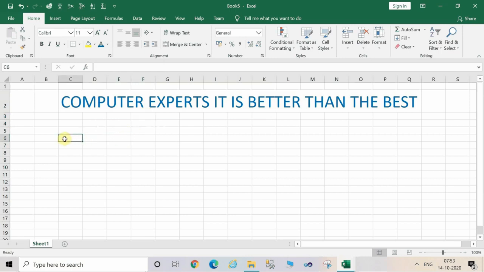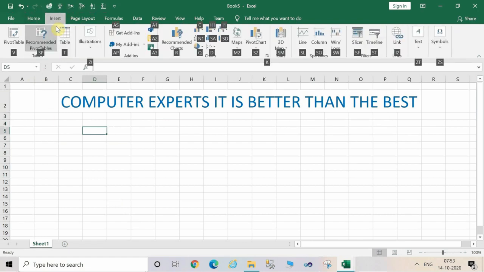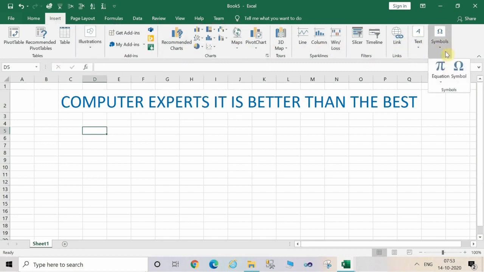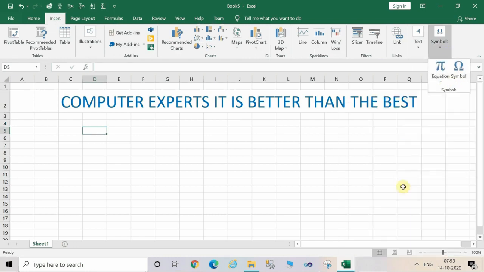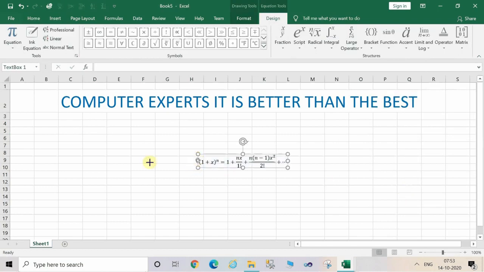And this way you can operate with the keyboard, right? You can also try some other options over here. Press the Alt button and see the certain highlighted keys again. Now we want to use the insert option. For this, press the Alt N. After pressing the Alt N from the keyboard, the insert options are highlighted with certain keys. Now press the corresponding keys for inserting. For example, we want to insert here the symbols. For this, press ZS from the keyboard and press E again for inserting the equation.